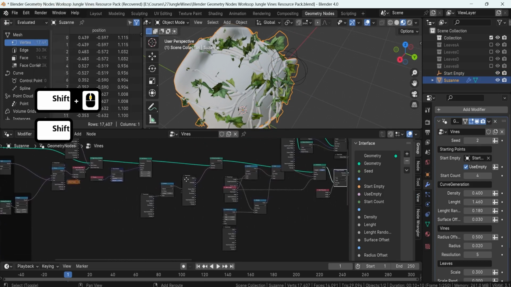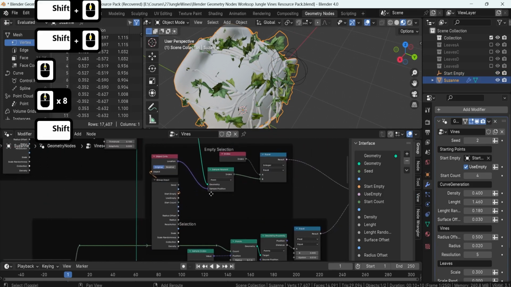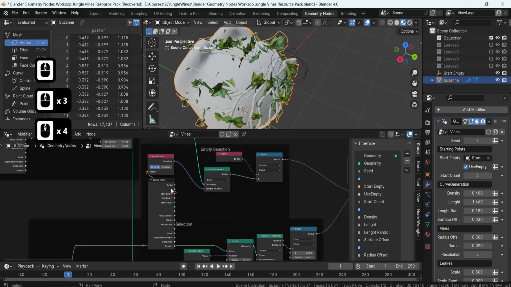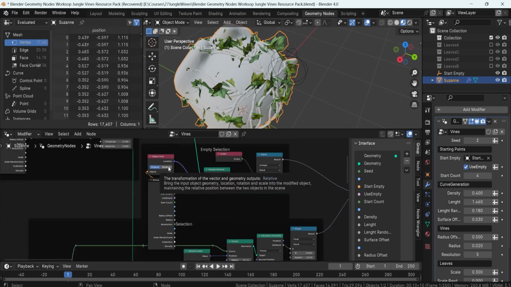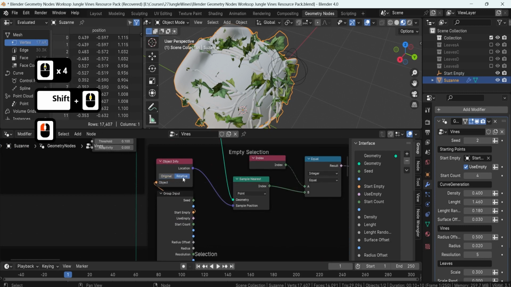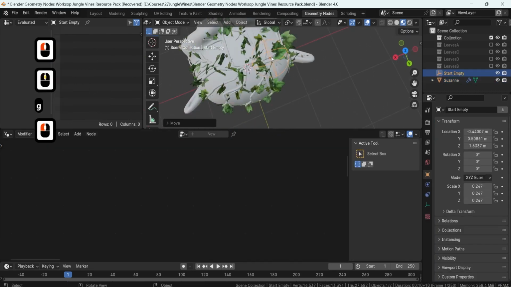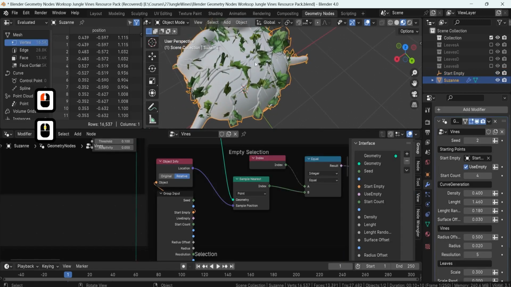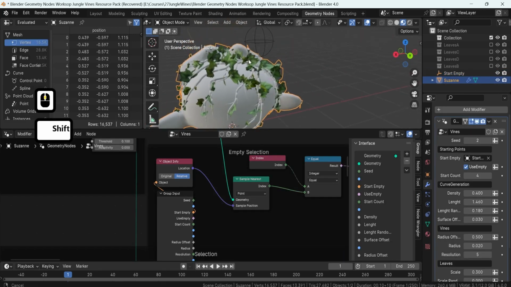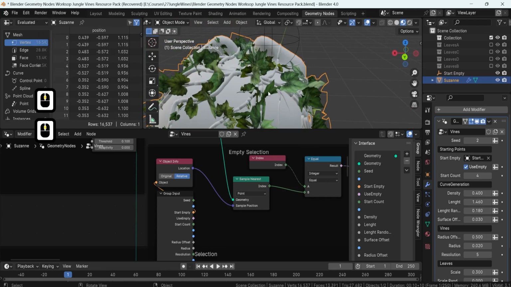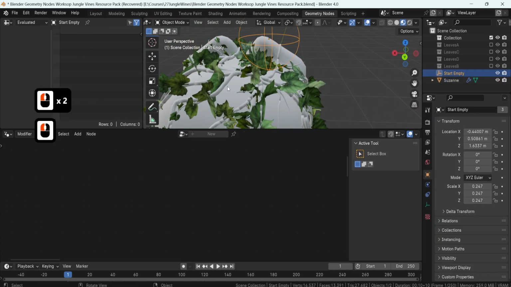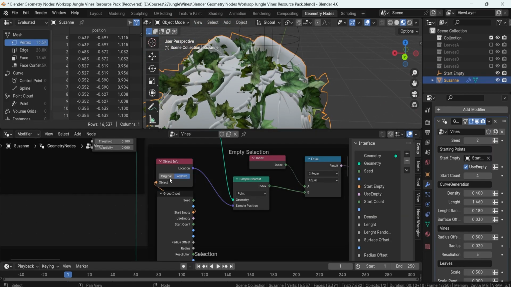I will go to empty selection. There you go. And we have, where is it? There you go. So object info, if we were to check this as relative, it should give us a better setup. Sometimes, for some reason, it just decides to not get the closest point to the empty origin point that we selected. So in that particular case, I recommend you just changing from original to relative, and that will